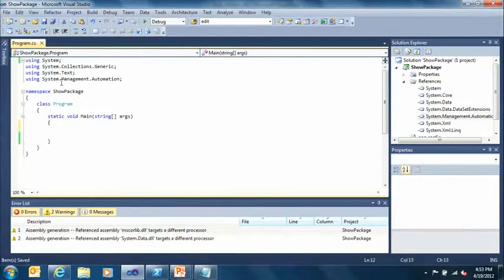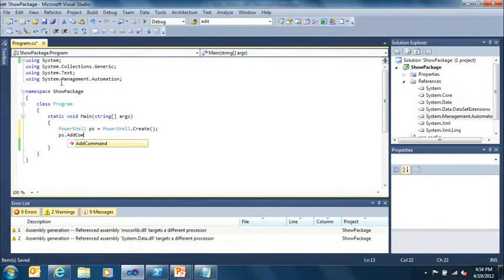The first thing we need to do is instantiate the PowerShell object. And the way you do that is, this is the name, and all you do is create it, and that instantiates a new PowerShell instance inside of your process. Once you have that PowerShell instance, what can you do with it? Well, there are two ways you can use it. One is to